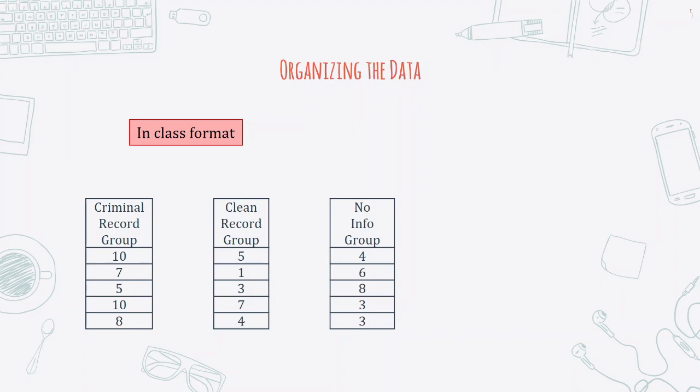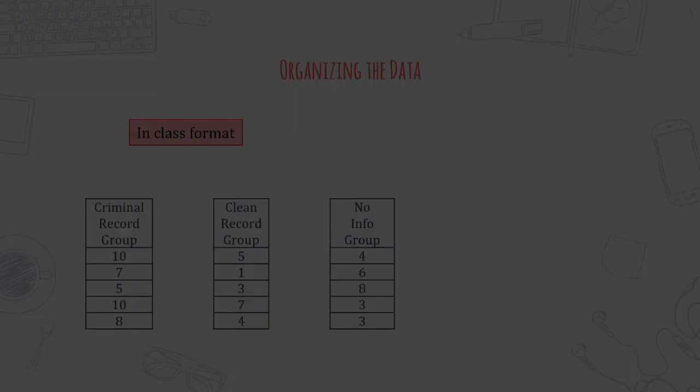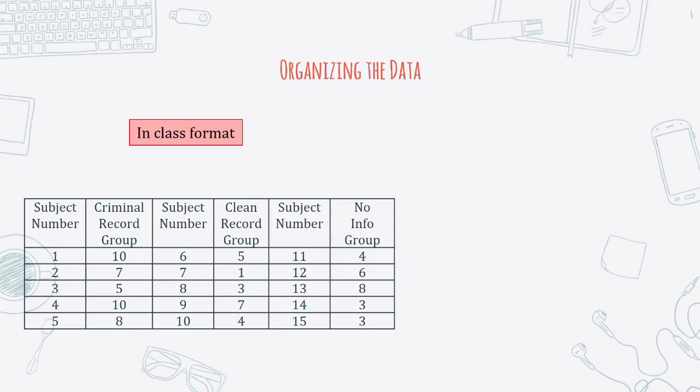We'll see that the data from in class has 3 groups: the criminal record, the clean record, and the no information. And just like when we saw with an independent samples t-test, we have a subject number associated with each of these groups. So subjects 1 through 5 were in the criminal record, 6 through 10 were in the clean record, and 11 through 15 were in the no information group. But of course here it looks like we have 6 different variables. However, 3 of them overlap as the subject number, and 3 of them are not actually variables, but levels of